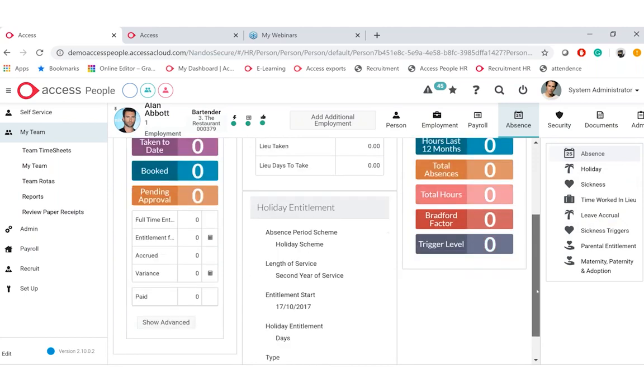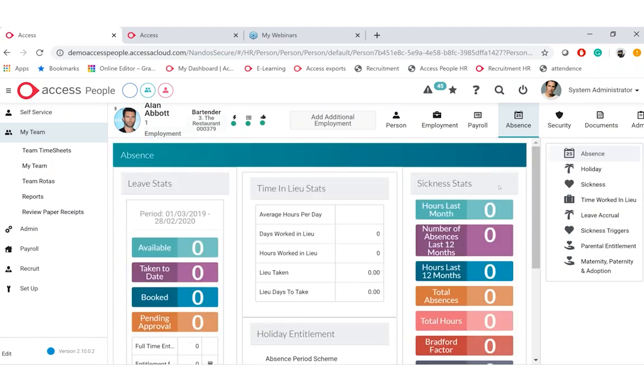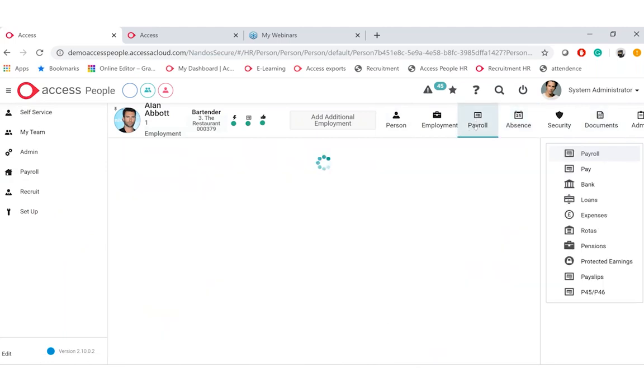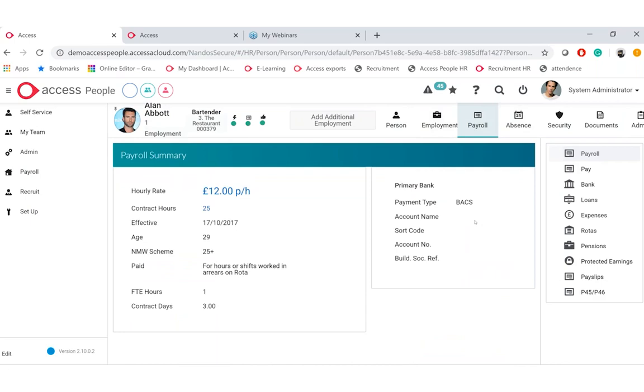Now, we talked about when we have our employees and they have that employee engagement, they're working with us, they can see their rotas, they can see what holiday they've taken, they don't have to ask, they can book their holidays. We want to give them a good experience with the business. They can also, if you take our payroll, view their pay slips as well. So they'd be able to come into the payroll side and simply view any pay slips they may have. And they'll obviously see their hourly rate, etc.